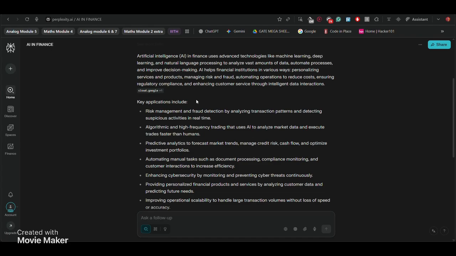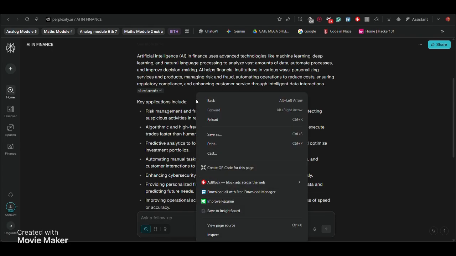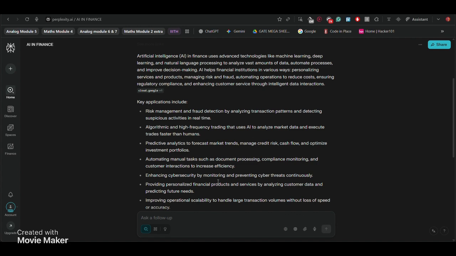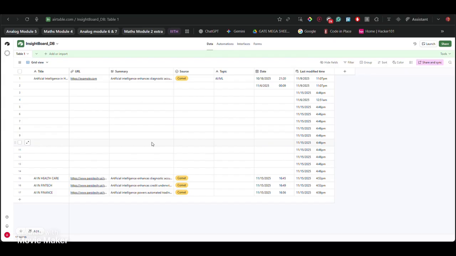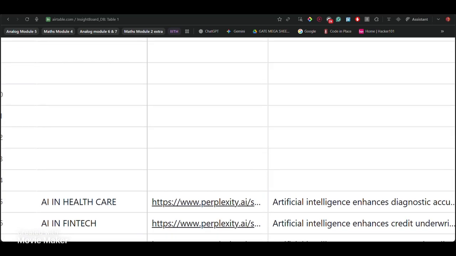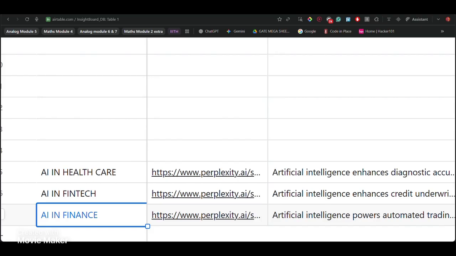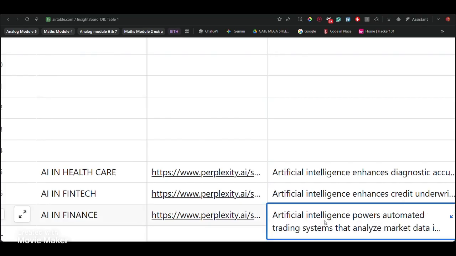What I will be doing is right clicking on my mouse and clicking on the save to InsightBoard option, which you can see on my screen. Now, once I have done the clicking, I will see my research topic, that is AI in finance, its location, that is the website from where I have done the research, along with a summary for the same